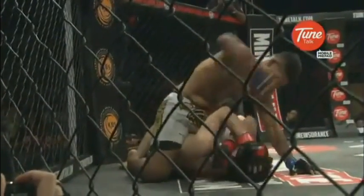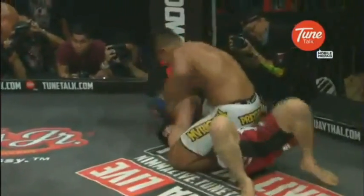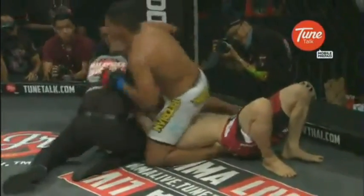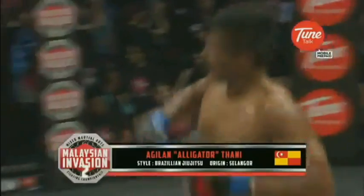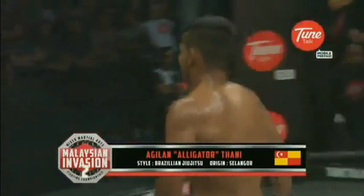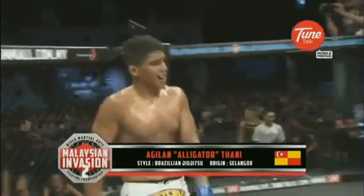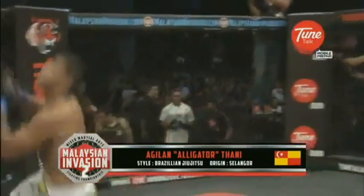Yeah, the key term there is defending yourself intelligently, with the emphasis on intelligence. If you're just covering up, like he's doing at the moment, then you do leave yourself open to the possibility of the referee stepping in and stopping the fight. I'm sure he wants to give them every opportunity to try and continue. And there it is, it's over, it's over. I think that's a good stoppage. Even if there wasn't too much power behind those punches from Agilan Thani, there was a huge accumulation of punches, and